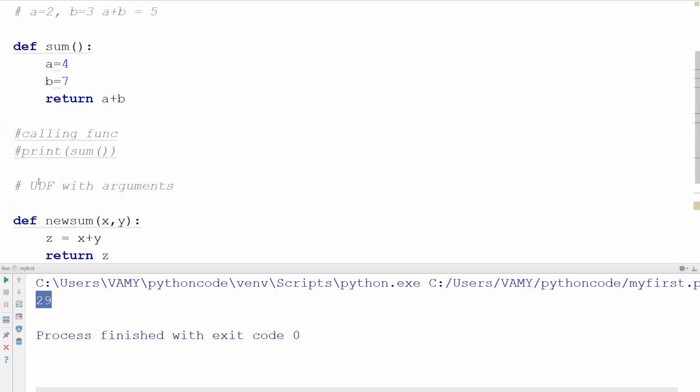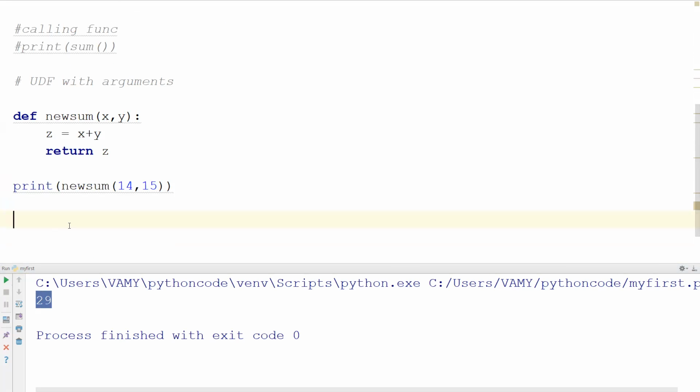You can define your own functions like this. Here this is my function name, here is the argument place, and here is my logic. Always your logic will be in this function before return only. Once I say return some value, this is the final value from this function. So here my final value is 29 after adding the two values.